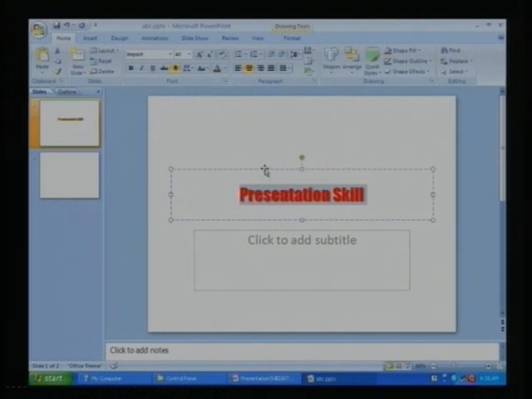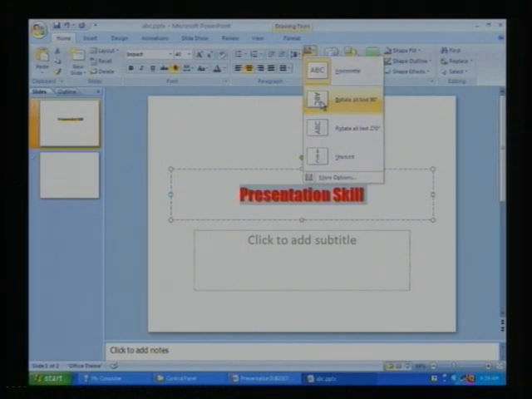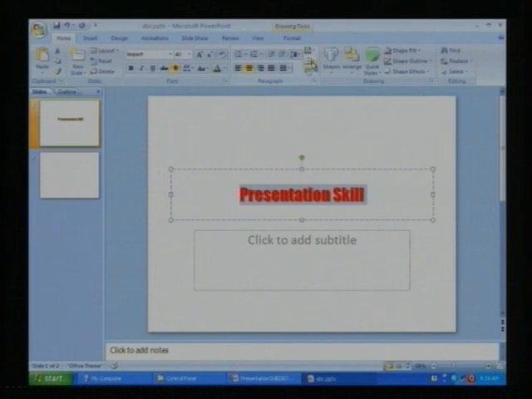Just you have to select the object on which you have to apply the formatting task. Along with that, there are alignment options available in the Home tab. There are bullets and numbering options. There are indents available, that means how much margin you require in the object in which you have put down a text. You can even change the direction of your text by using the text direction tool.